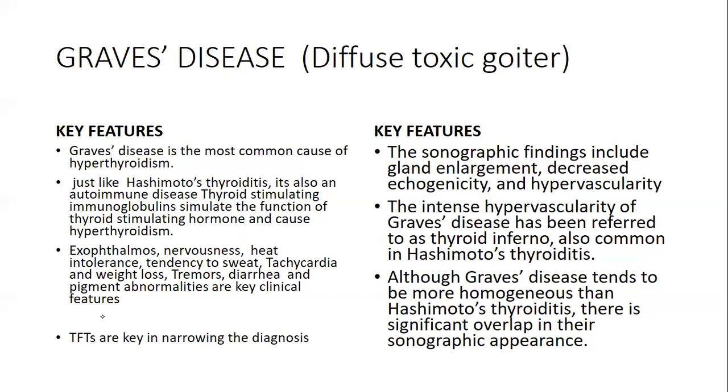Just like Hashimoto's thyroiditis, Graves' disease also displays what is called the thyroid inferno on color Doppler interrogation due to the hypervascularity arising from the pathologic changes that are happening in the vascular architecture around the gland. So key clinical features would include